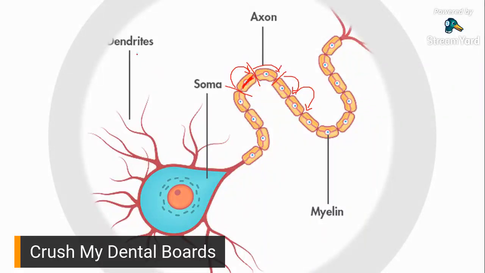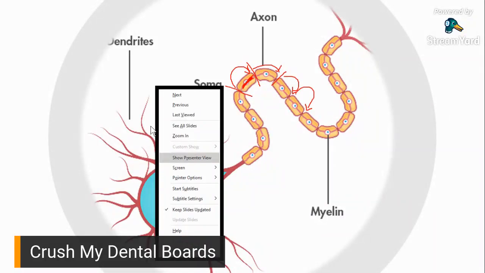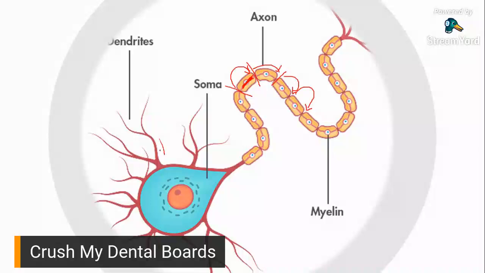Okay, so dendrites are usually towards the cell body, while the axon is away from your neuron's cell body. And we know that the cell body is a typical cell, so it contains your nucleus and other cellular elements, and this is your basic neuron.